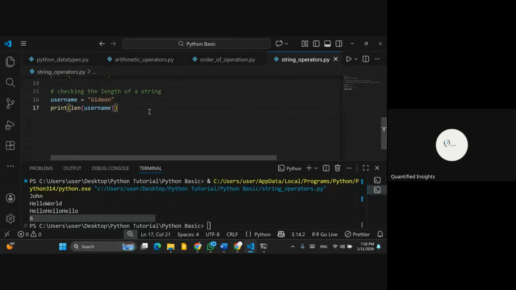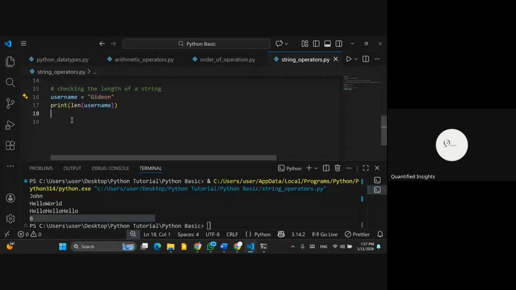Now, the next function we can also use on our string is to change that string to either uppercase or lowercase. Look at Gideon now. Gideon is capitalized. The first letter of Gideon is G. Every other one is a small letter. So